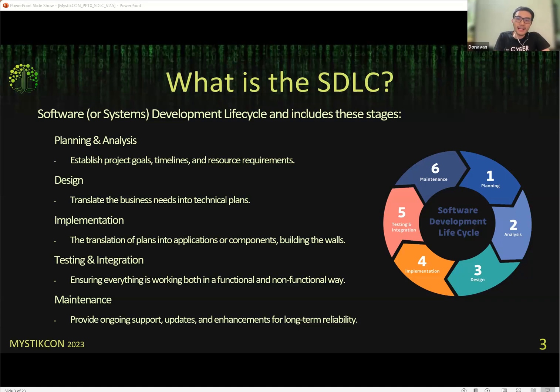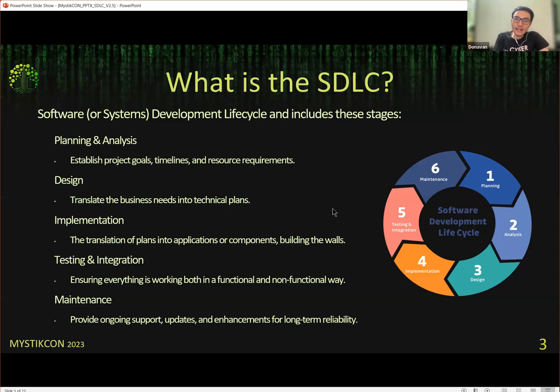So you have a planning and analysis step. You need to think about what the project goals are, the timelines and the resource requirements, what you need, whether you're going to buy software, develop software, etc. Then you move on into a design stage where you need to translate the problems the business wants to solve into technical plans. For example, if I want to bring in a conveyor belt system, what does it mean technically? I'll probably need to buy a bunch of hardware systems, PLCs, there'll be software, there'll be a control station, this kind of stuff.